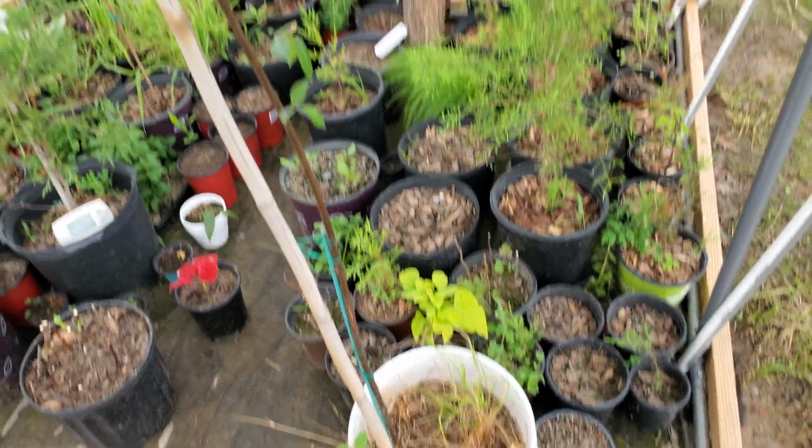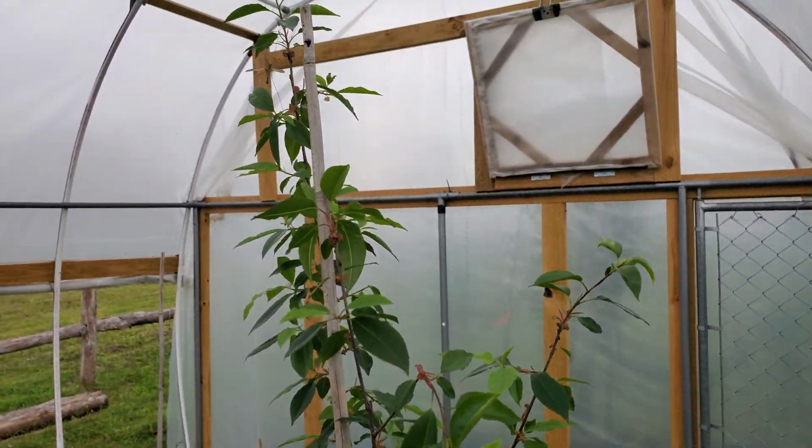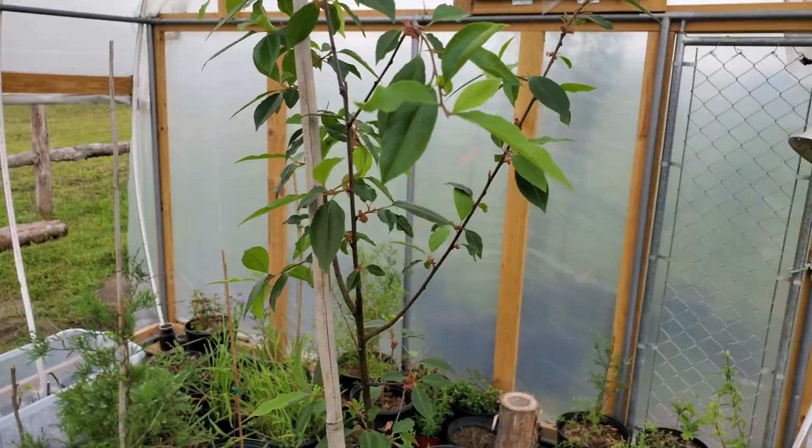Oh, this is one I saved out of the yard in the bucket. It's a really pretty tree. I have no idea what it is. It almost has...